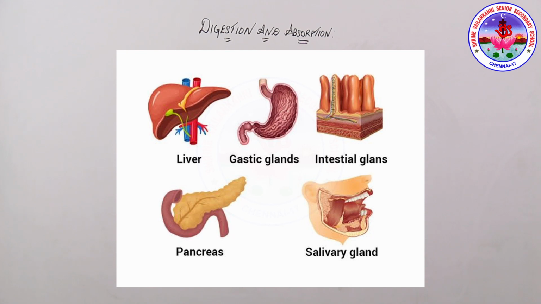The liver is the largest gland of the body, which weighs about 1.2 to 1.5 kg in the adult human. It is situated in the abdominal cavity just below the diaphragm, and it has two lobes. Each lobe is made of hepatic lobules, the structural and functional units of the liver, containing hepatic cells arranged in the form of cords. The lobule is covered by a thin connective tissue called Glisson's capsule. The bile secreted by the hepatic cells passes through the hepatic duct and is stored and concentrated in a thin muscular sac called the gallbladder.